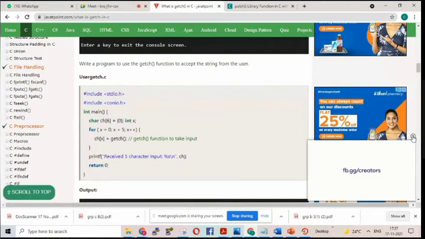You may feel that Java T-Point is only for Java. No, you can see here there is support from Java T-Point for so many languages: C, C++, C#, Java, SQL, HTML, CSS. All of these you will get from Java T-Point. One more website is called W3 School.